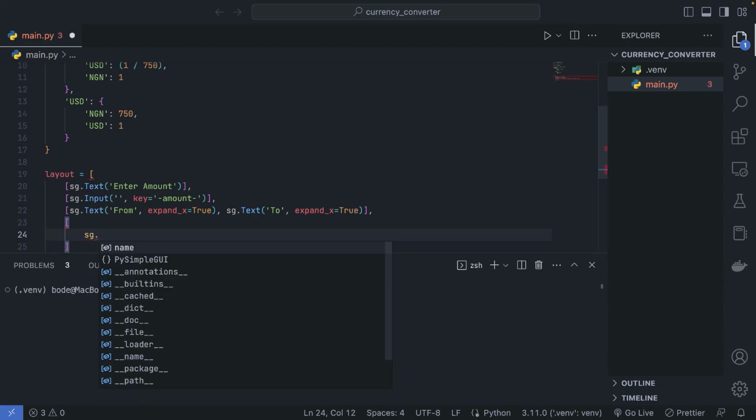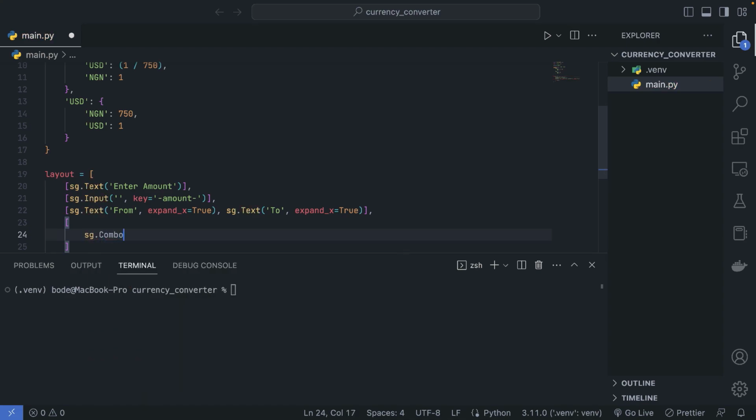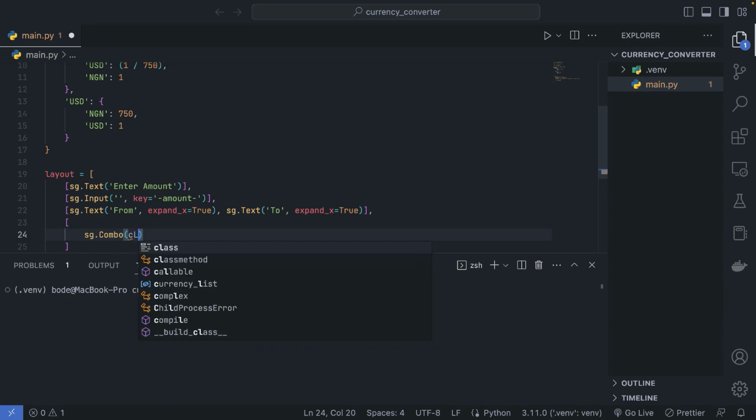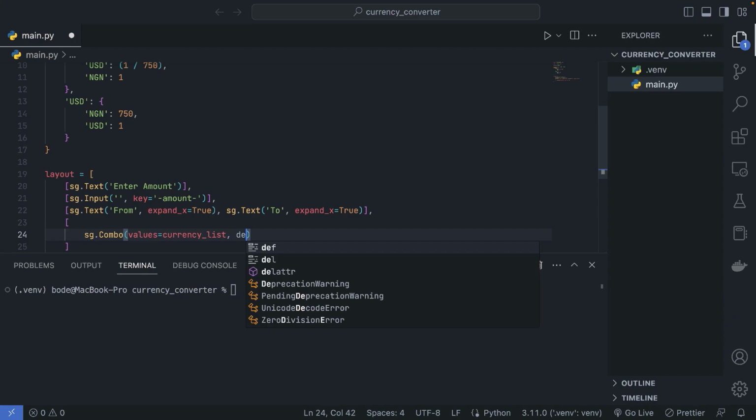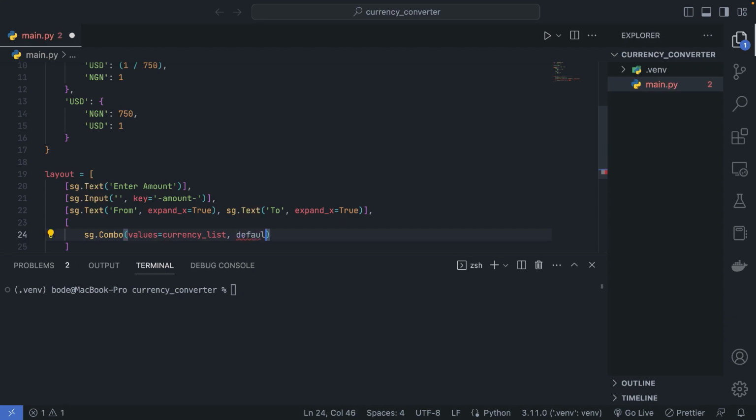So for the from, I'm going to have sg.Combo, and I'm going to pass in values. So the list that we created in the beginning, the currency list, I'm going to pass in the currency list. I'm going to give it a default value